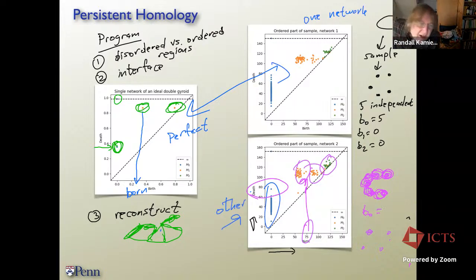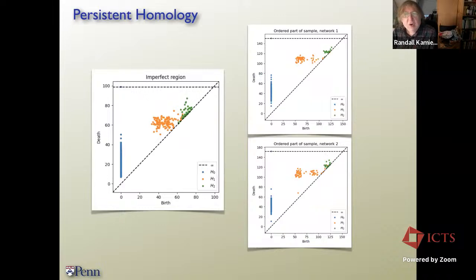And so you're all going to say, okay, this is in the ordered state. What about in the disordered state? And in the disordered state, it's totally different. Here's the imperfect region. This is the disordered region. In the disordered region,